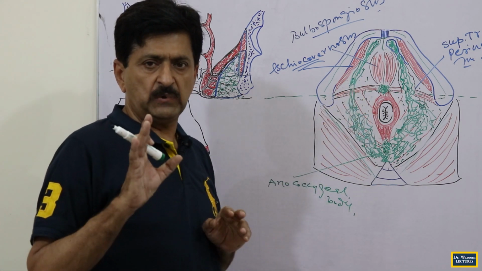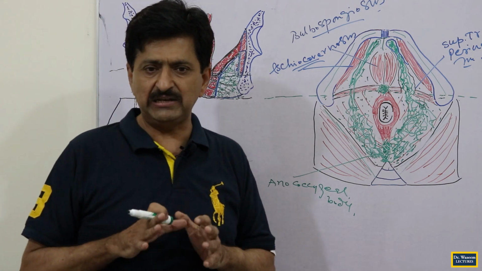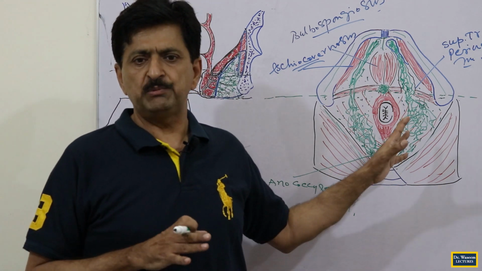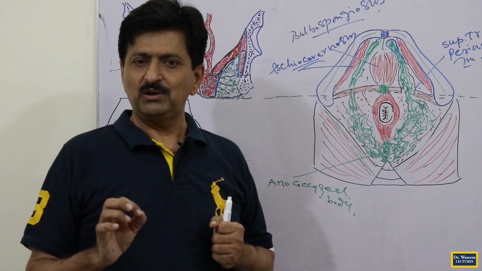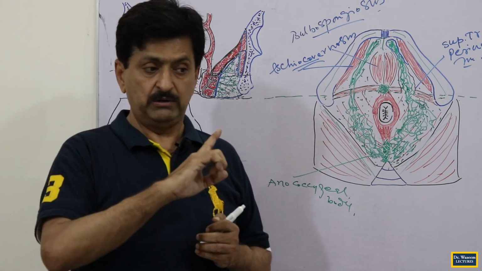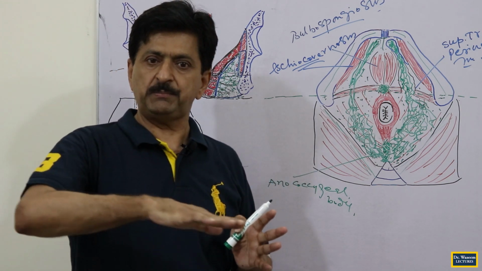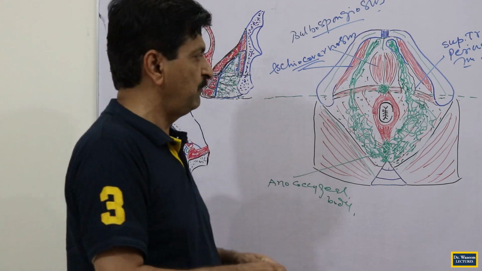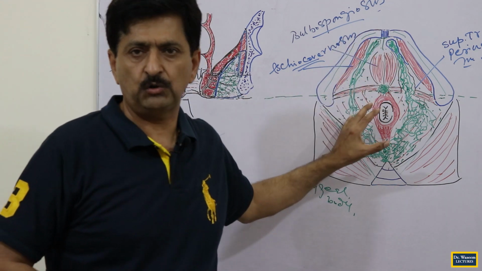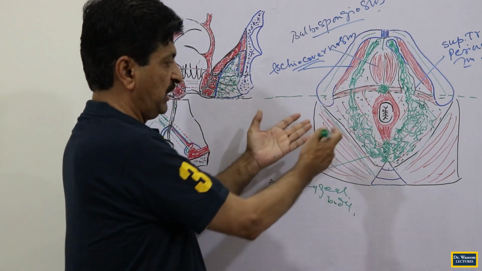When we will be discussing and looking at these areas meticulously, and we finally follow them, these things will be much easier for you. And whenever you see any scenario, your mind will make a tour of all these things easily, and you will say where the pus can go, why it is like here, where the extravasation of urine is. These things will be possible only if you have got the basic knowledge of this. And in this area, I told you that this is called the ischiorectal fossa,